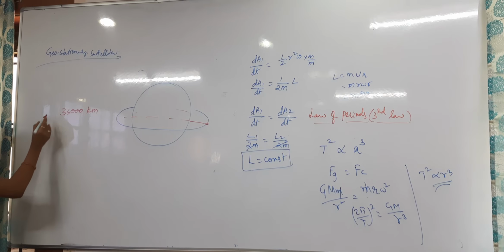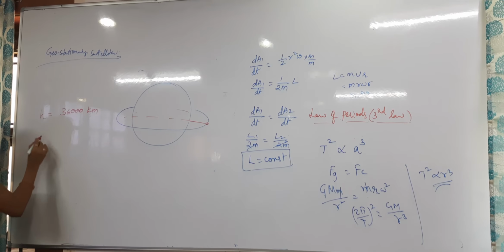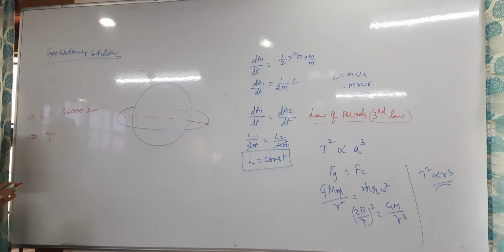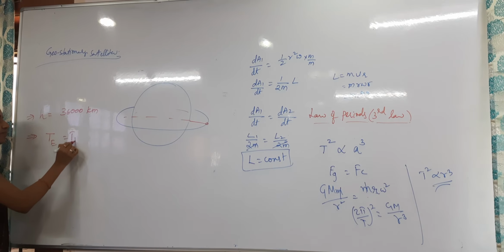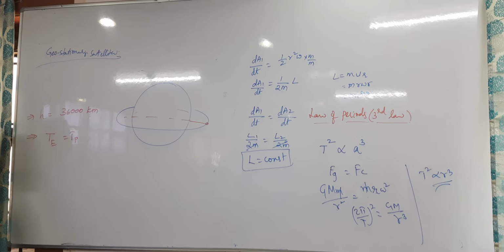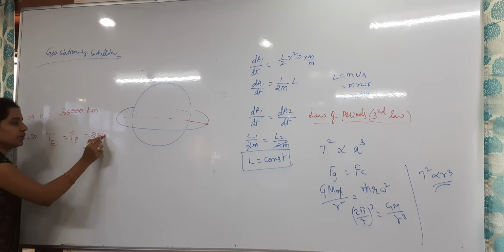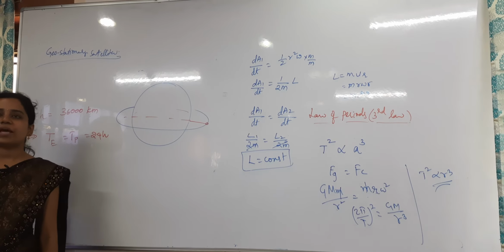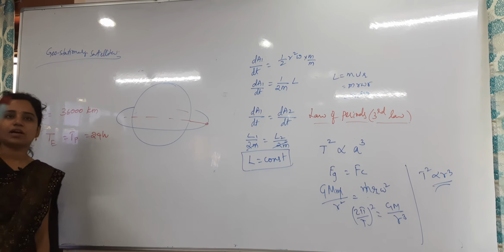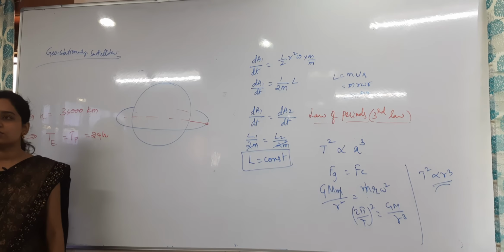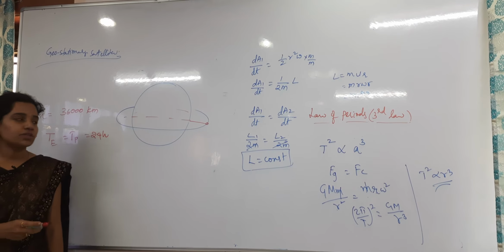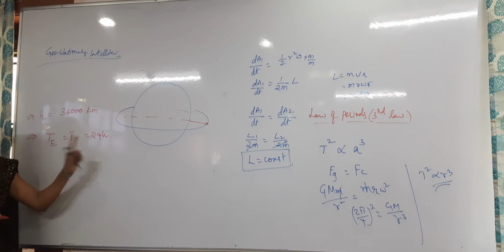And this is the height of the orbit, the height of the satellite from the earth's surface. Next, what I said, the time period of the earth and the time period of the satellite should be the same. How many hours will that be? Obviously 24 hours. In 24 hours the earth will revolve one time, and the satellite will rotate around the earth one time. Clear? So it will cover the entire earth within 24 hours. But the earth is revolving only one time, 24 hours. So the time period of the earth and the time period of the satellite should be the same.